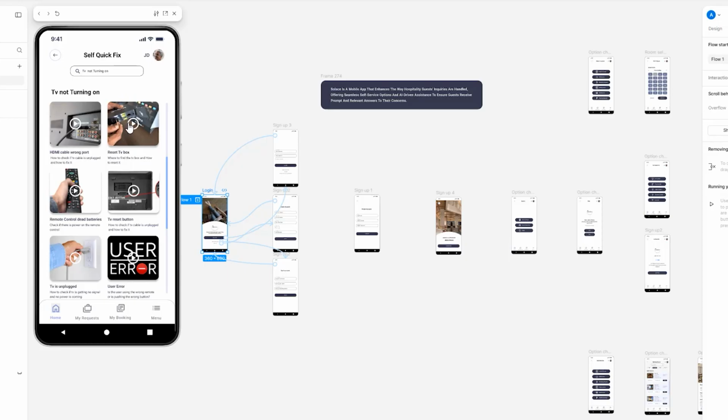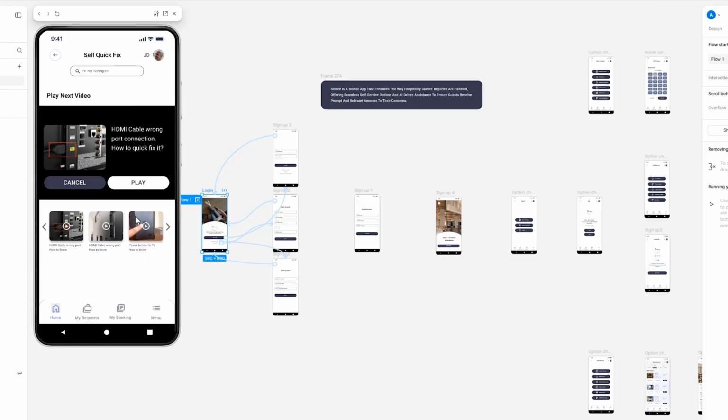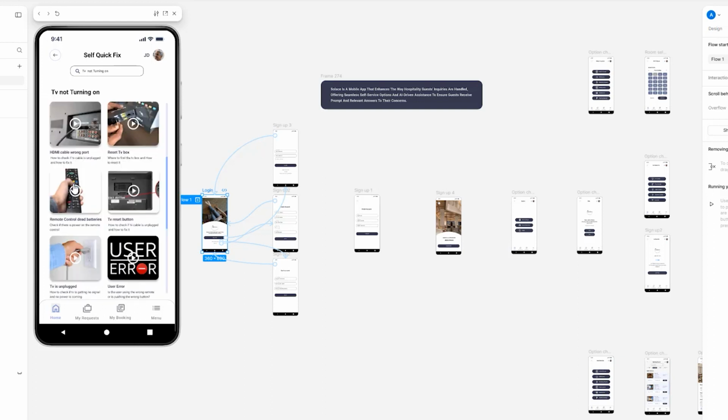In this case, his TV is not turning on. He wants to reset the TV box. He selects that, then he has a video showing him how this works, and he can implement that. If that's all, or if he wants to see more videos, he can always go back and select the video he wants